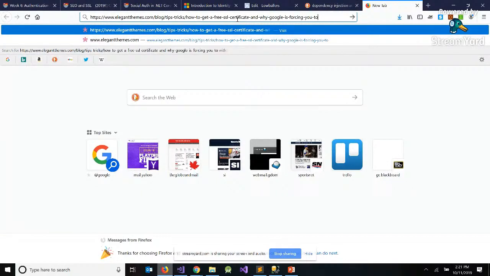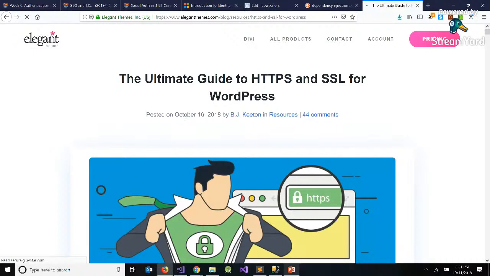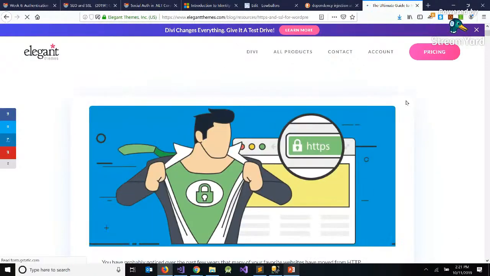Well, you need to for two reasons. Well, actually, one company and two reasons. Google is the company. Google has made SSL necessary. Here's the first reason, but it actually explains both in this link. So this link's a couple years old, or maybe about a year and a half old. When is this from? Okay, it's a year ago. So first of all,